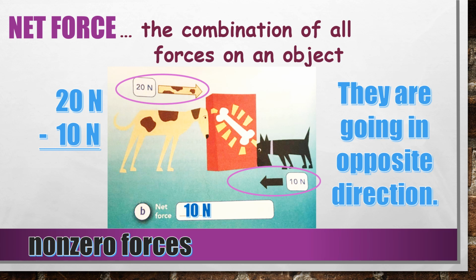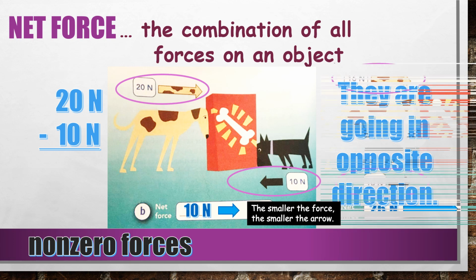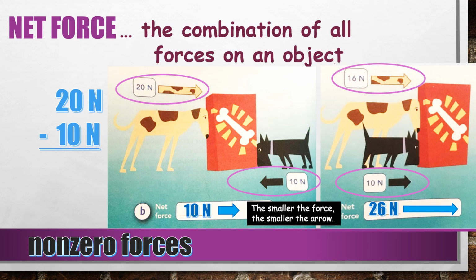Then I have to indicate with an arrow which direction the force will end up going. Not both forces because they're going in opposite directions. So it's the force that's left over. Since it's the big dog that has more force, it has to go to the right. Notice we have a smaller arrow. Once again, smaller forces mean smaller arrows, larger forces mean we have to draw a larger arrow. All right, so when I look at how those are combined, I should be able to see that the 26 has a bigger arrow than the 10.